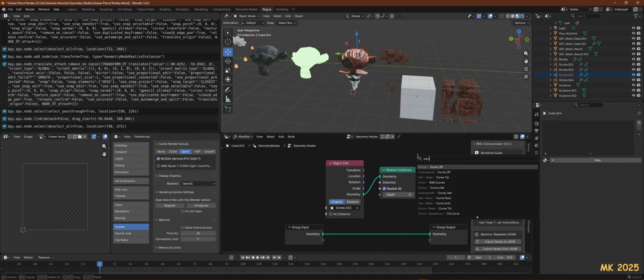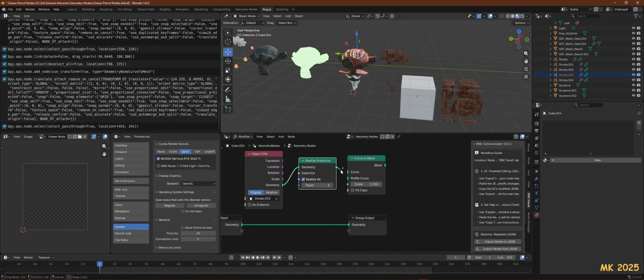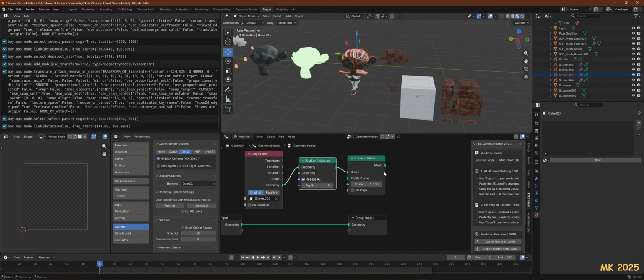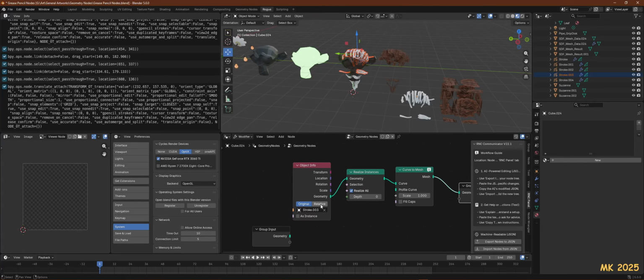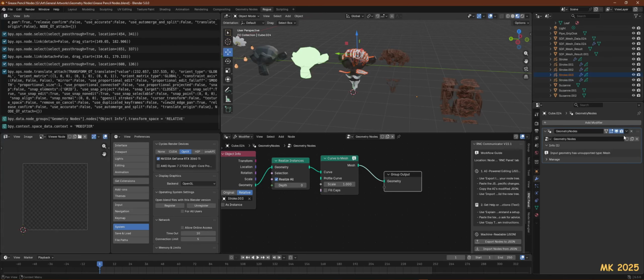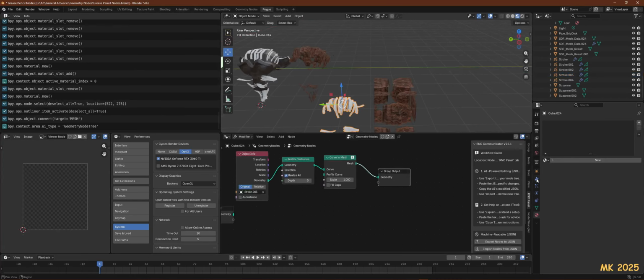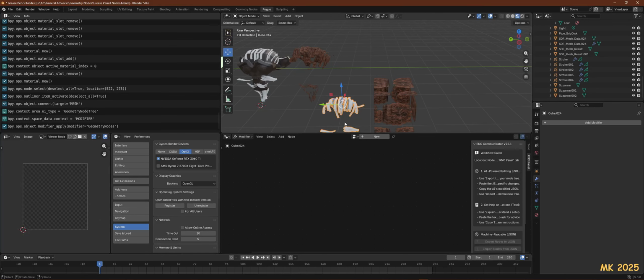I think it's called curve to mesh. Yes, you make a curve to mesh, a mesh to this, and you also can add relative, and you go to its modifier, you hit apply, and don't select relative for now, just to be sure. We apply, and